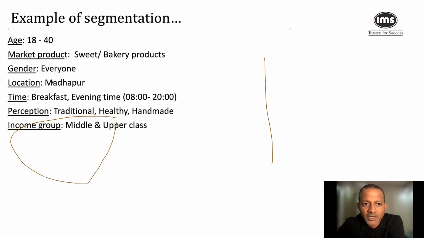Market, product, gender, location, perception. For example, I'm targeting people who want to eat healthy, handmade, but traditional breakfast items, right? These are not the people who probably eat a salad for breakfast. And then, what is their income status? How much money are they making? All of this will mean that the kind of people I'm targeting and what I'm saying in the ad